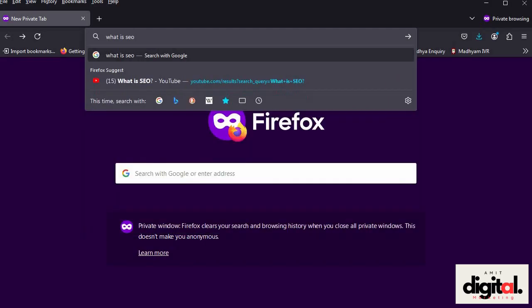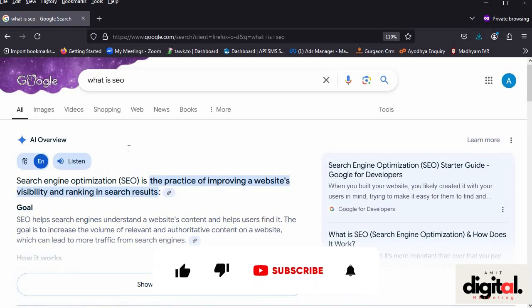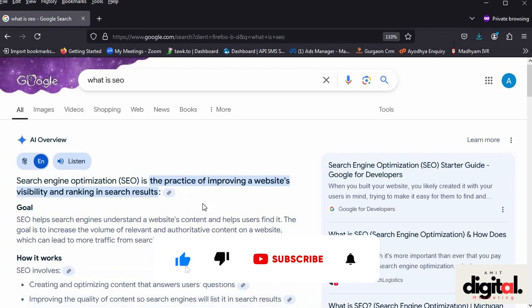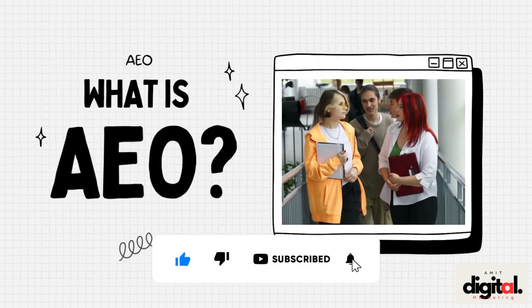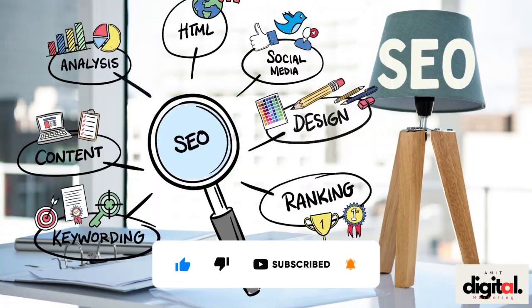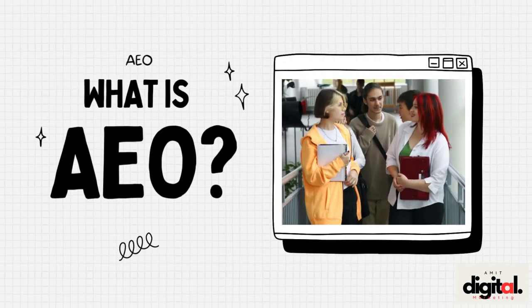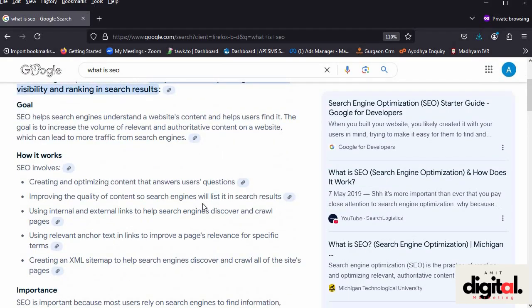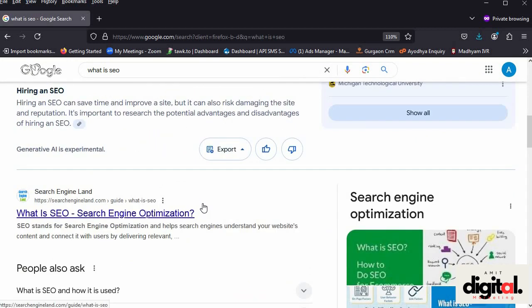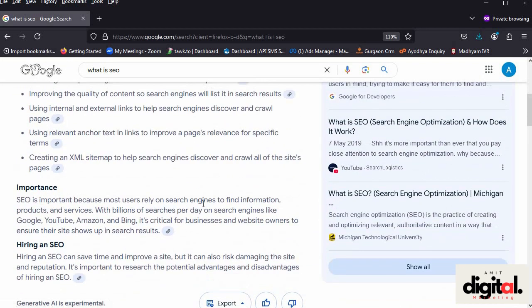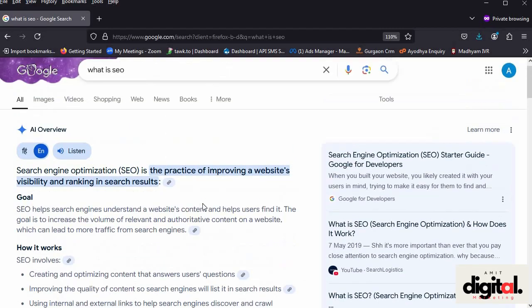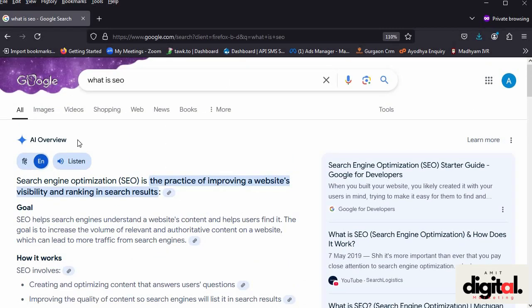Have you ever thought how Google instantly gives you direct answers to your questions? It is because of AEO. Till today we are just doing SEO. But what is AEO? Let me show you first. When you ask a proper question on Google, it displays the output in brief and also mentions the link of the website at the right side.